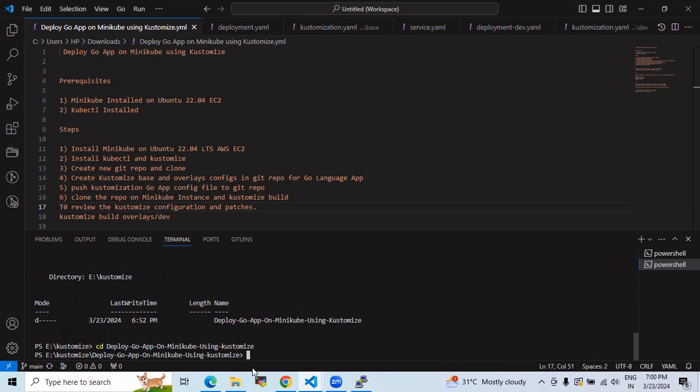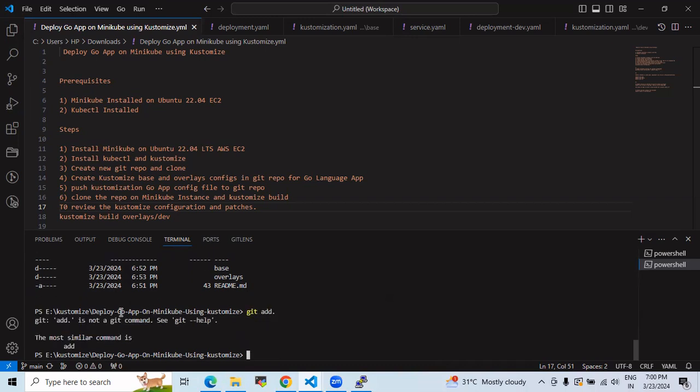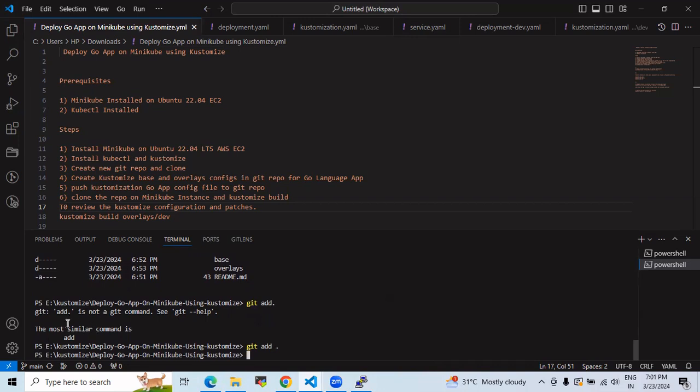And now again we will enter the ls command. So here you can see the base, overlays and the readme file are present. Now we will click git add. I forgot to give the space. Okay. Now